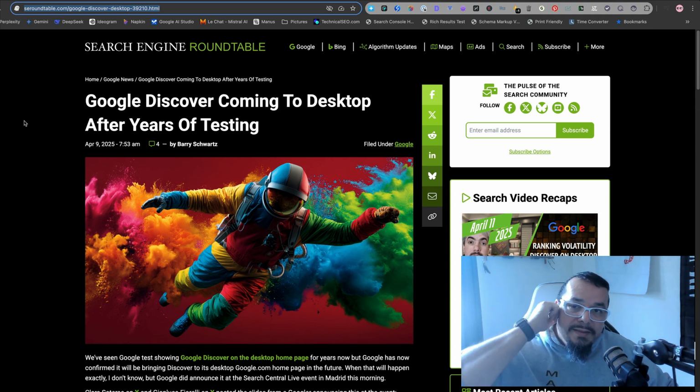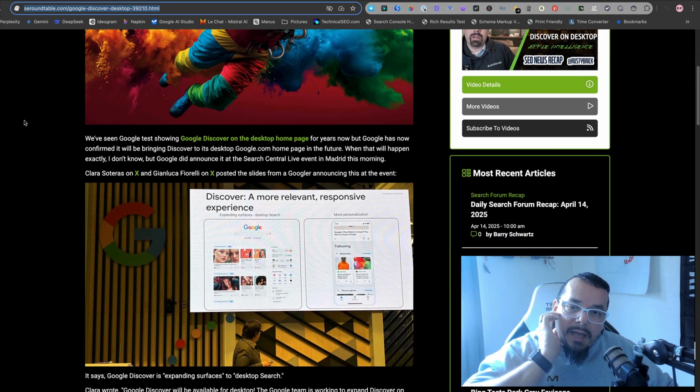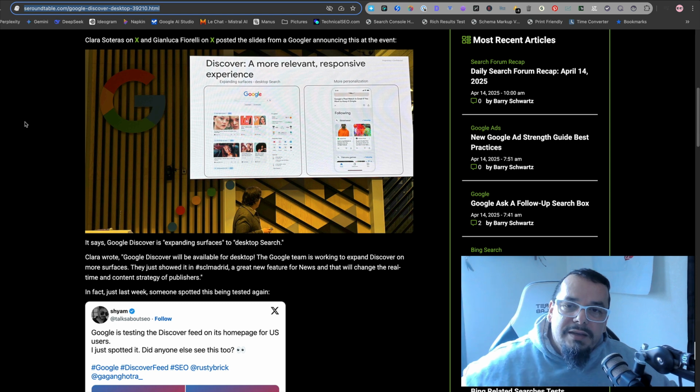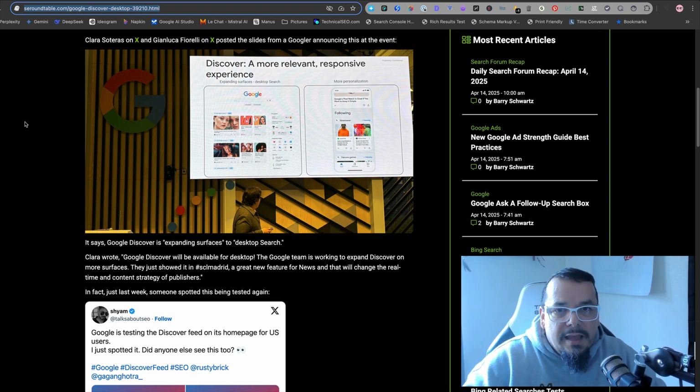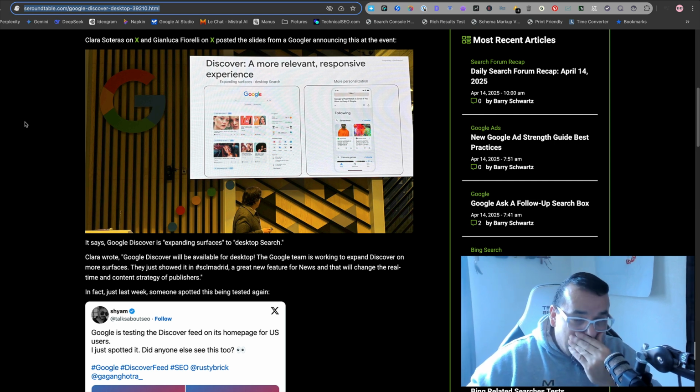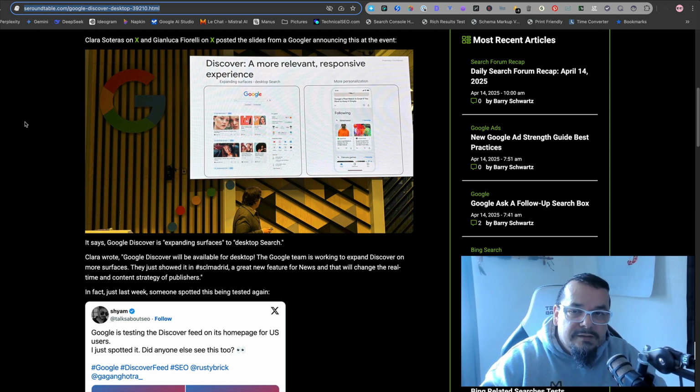Google Discover coming to desktop. This is awesome, I think. If you've ever worked on a website that has a significant Google Discover presence and gets significant traffic from Google Discover, then you know Google Discover really is a goldmine for traffic from targeted audiences.